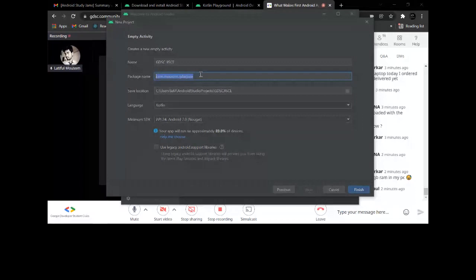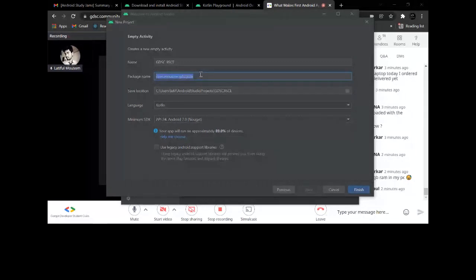If you want to upload your application to the Google Play Store, then you have to have a unique package name. So for every project in Android Studio, for every app, there is a package name. You can check it yourself. For any app, just press and hold the app on your smartphone, click on App Info, and from there you can go to the app details and see the package name for any application.